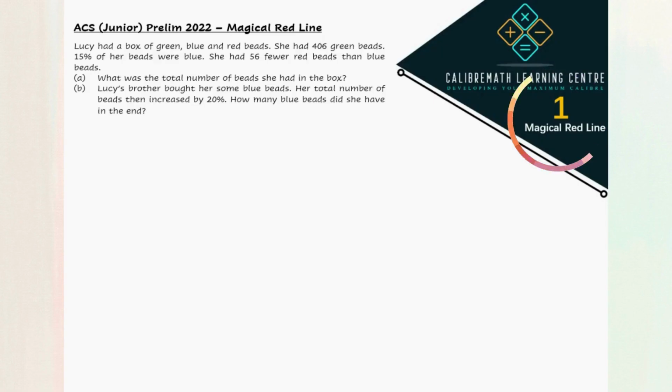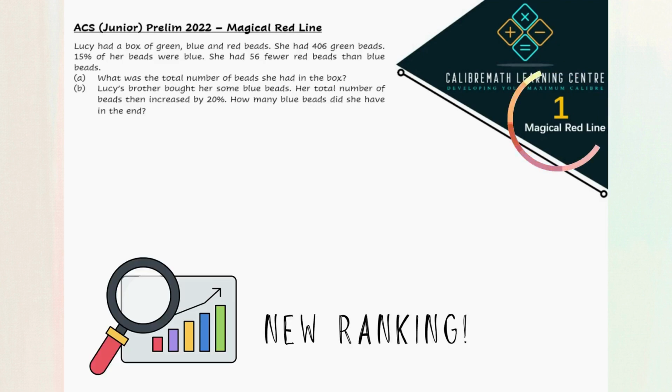The last one on the list for 2023 is the magical red line. This strategy has surpassed fraction of a ratio as the most common question type for 2023. It is not surprising that this strategy also made an appearance in the PSLE paper in 2022. Now let's dive into how we can apply this strategy to solve a question from the ACS Junior Prelim paper of